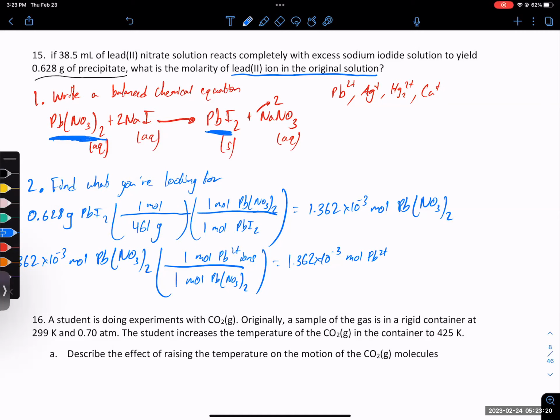We have volume. How do we get to molarity? So step 3, find the final thing. Molarity equals moles over liters. So 1.362 times 10 to the minus 3 divided by 38.5 equals